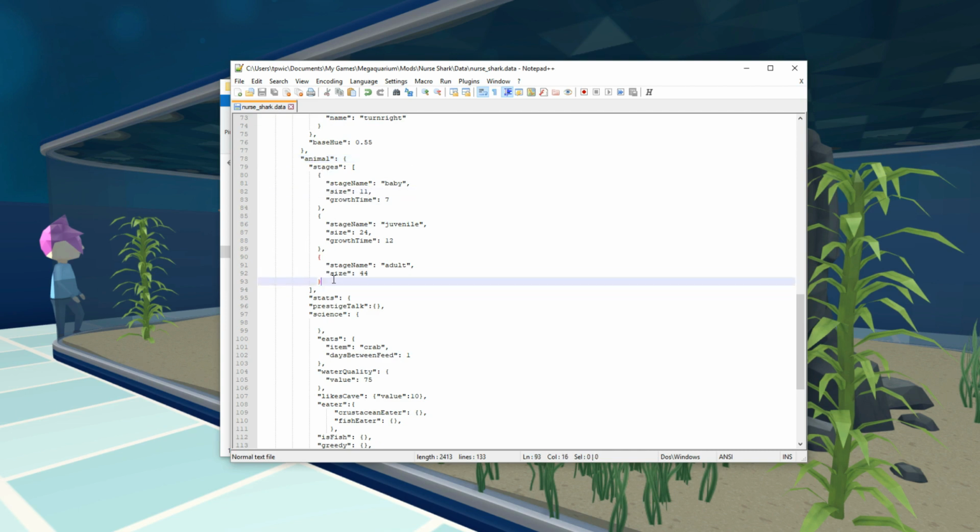So the first thing we're going to want to do is, this thing gets really big, so we're going to want to add an extra stage. The first variable here is its stages, and this is saying it's a list of stages, and in here you can see these sub-objects. Each one of these is a stage. So what we're going to do is copy that last one,